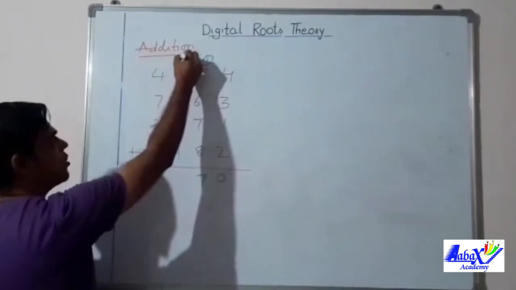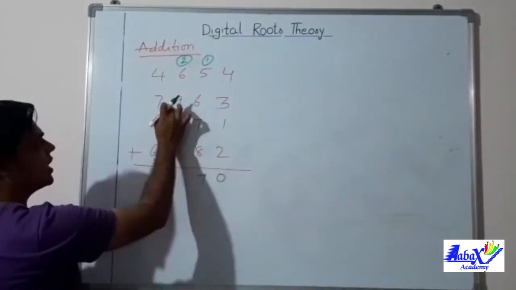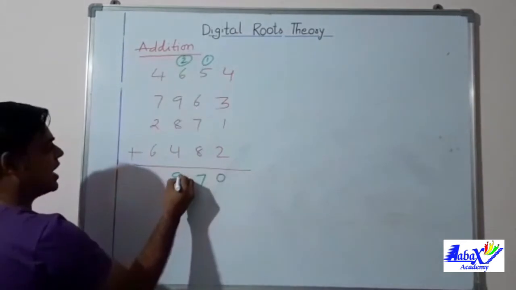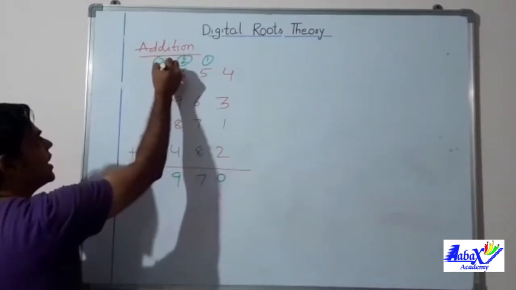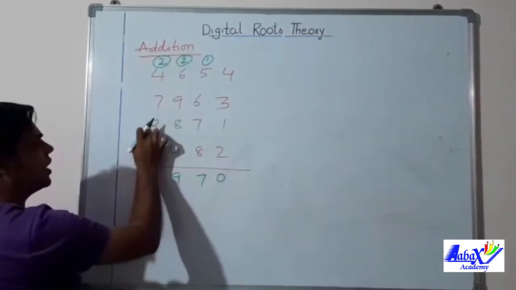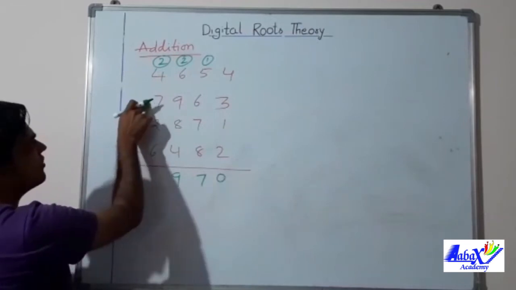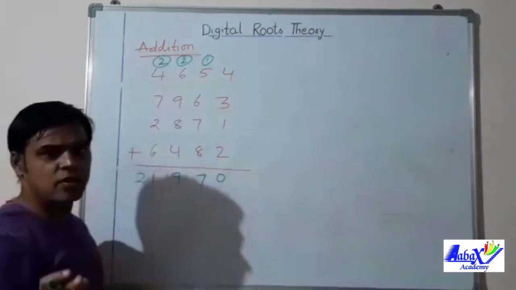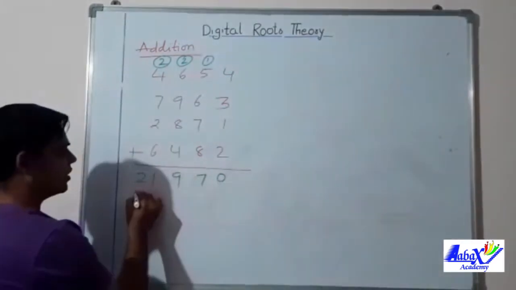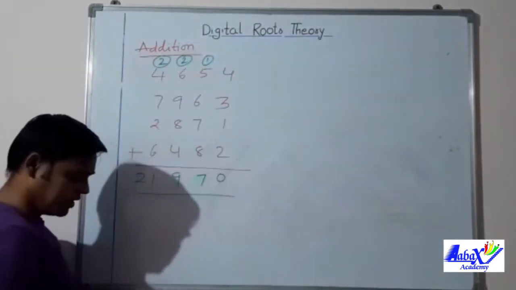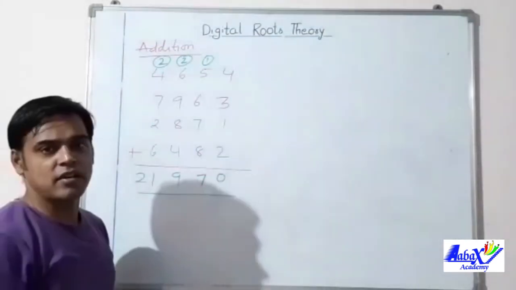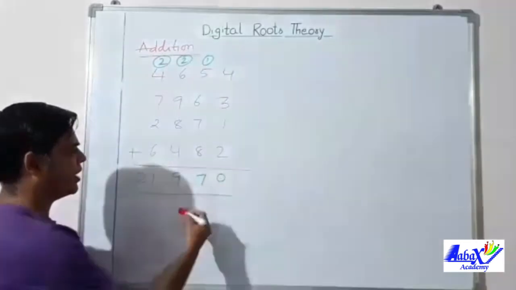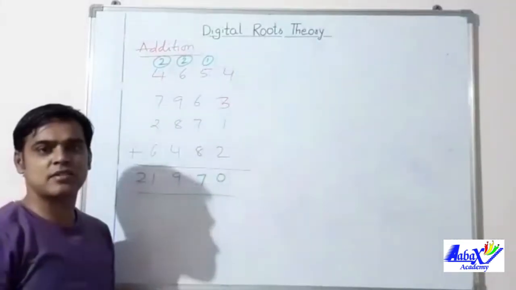7, 2 carryover. 8, 4, 12, 12, 9, 21, 21 plus 6, 27, 27 plus 2, 29, 9, carry 2. 6, 2, 8, 8, 7, 15, 15, 4, 19, 19, 2, 21. You also can do your sum. Children do it in the examination in this way. Then someone loses marks. If the sum is correct, they will gain the marks.